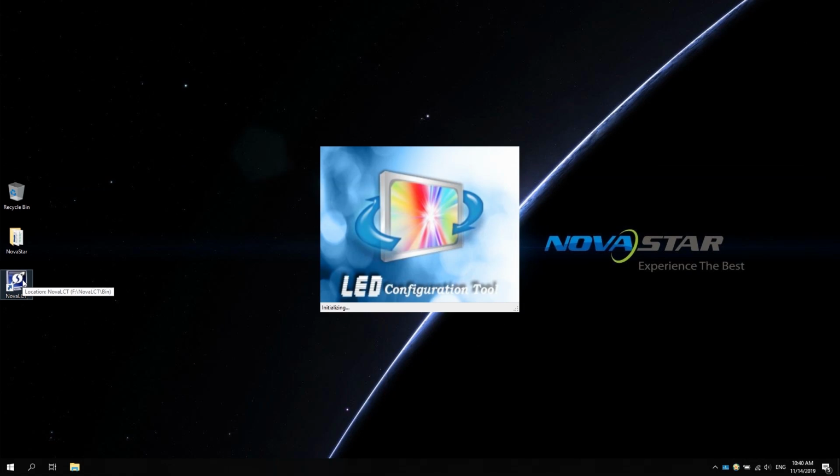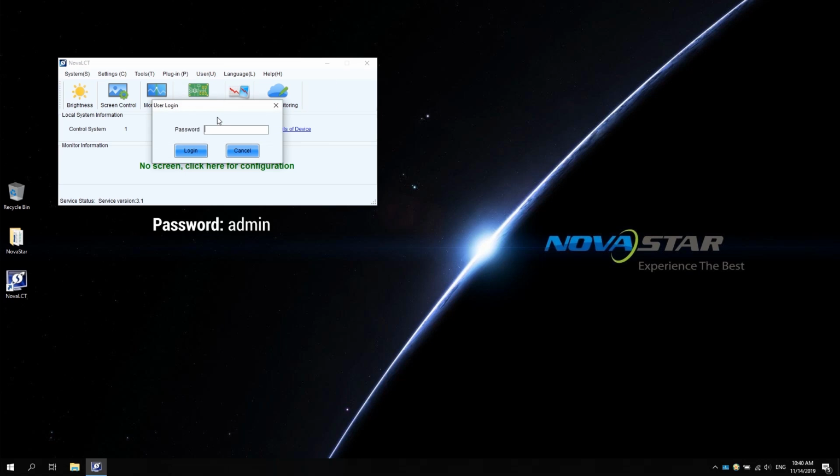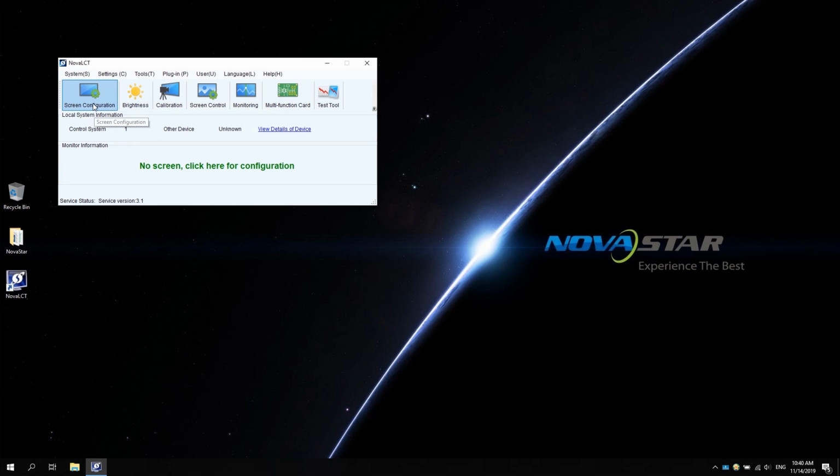Double-click to open Nova LCT. Click User and select Advanced Synchronous System User Login. Enter the password Admin. Click Screen Configuration